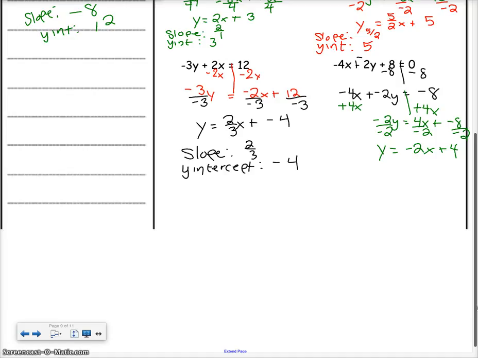Sure is positive. And now, again, the whole reason I'm doing this is because I want to get things in slope-intercept form, so I can tell somebody what my slope is, down 2 over 1, right? And my y-intercept